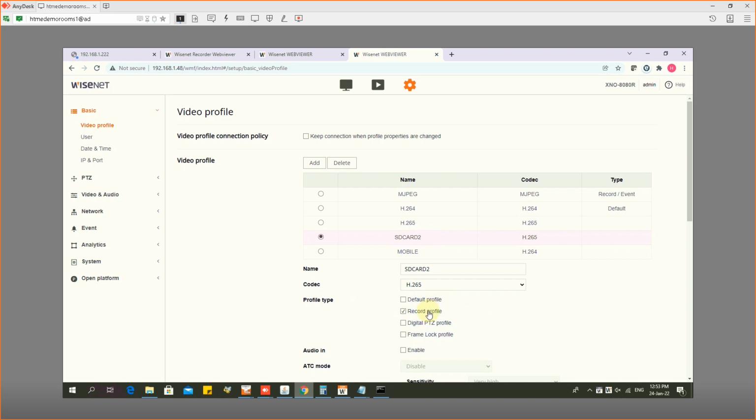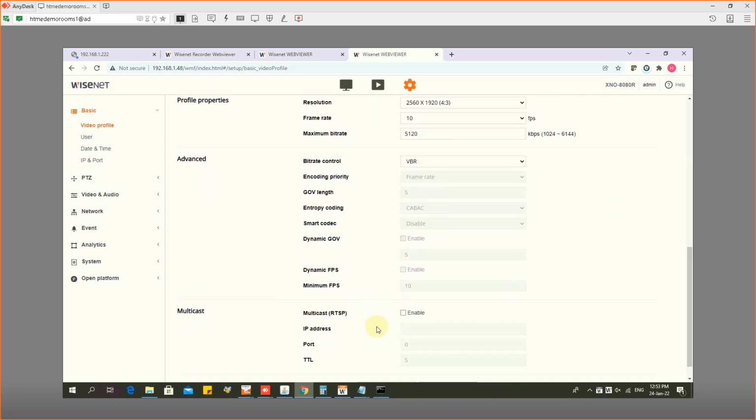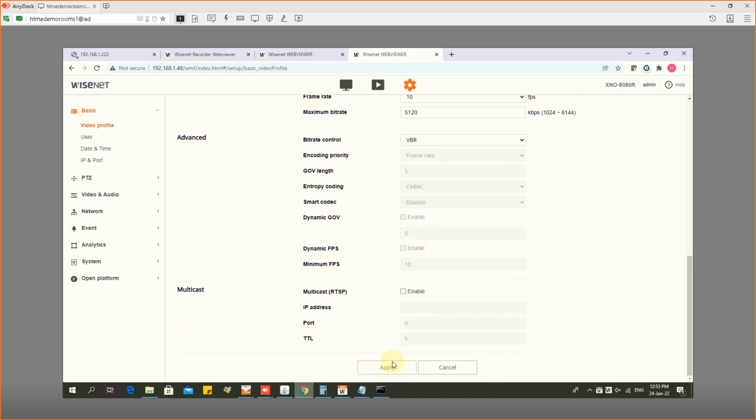Because there is this confusion, we are changing this name. We are renaming it as edge recording profile. Previously, we called it record profile. People were confused, so we are changing the name. But if you still find record profile, remember it's for the SD card. All right, click, and when you apply,